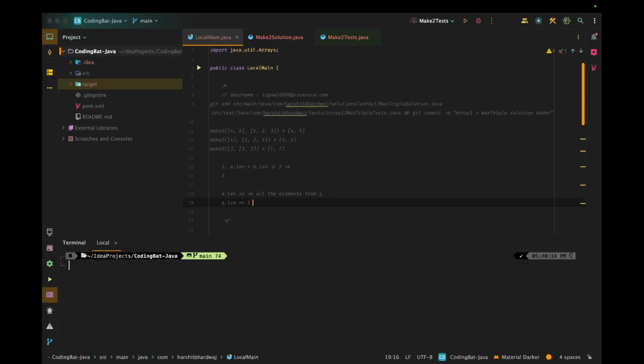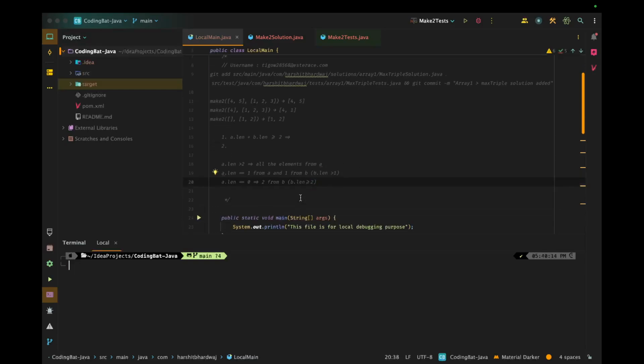In such a case, we fetch 1 element from A, and the rest 1 from B. And here we are guaranteed that B length would be at least 1 to be able to meet this condition. And the last condition is if A is an empty array. In such a case, we will be required to fetch both of the elements from B only, and in this case we are sure that B length will be at least 2. So this is how we can break this question into 3 situations.